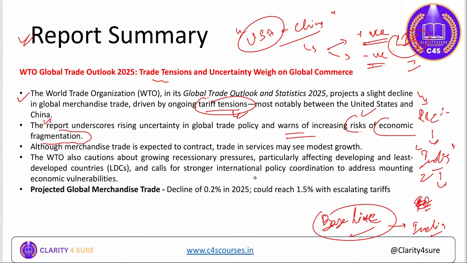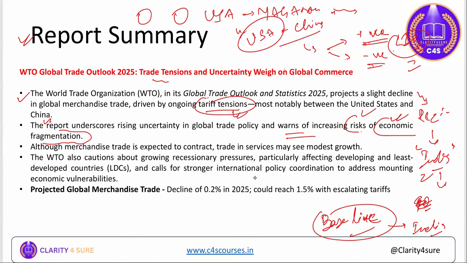So this word is there in this report. It is a summary of this report. You need to understand the meaning of economic fragmentation, and how the economy is going to get fragmented in the wake of the tariff war. You need to understand whether the world is moving towards making separate blocks, whether the US is following an America First policy, implementing protectionist types of policies, and you have also seen the term Meganomics coined by the US president, right? So what are those things? Are these steps moving towards